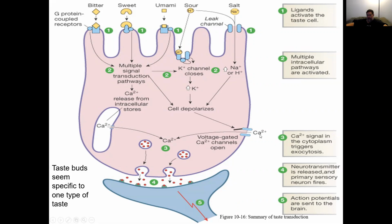And then calcium will flow in either extracellularly or from intracellular storage. I'm not sure if it's some type of endoplasmic reticulum or not. I would just make that guess because of the sarcoplasmic reticulum in muscles. But either way, the sodium increases, depolarizing the cell, opening up voltage-gated channels for calcium. Calcium comes in. Calcium triggers exocytosis, and I believe the calcium actually attaches to receptors on the vesicle that causes